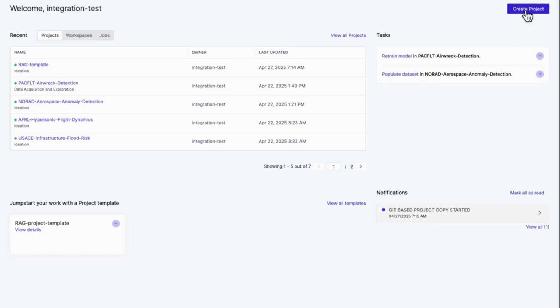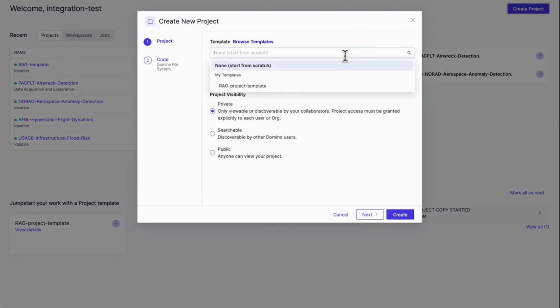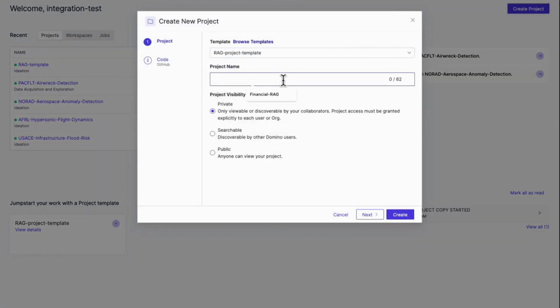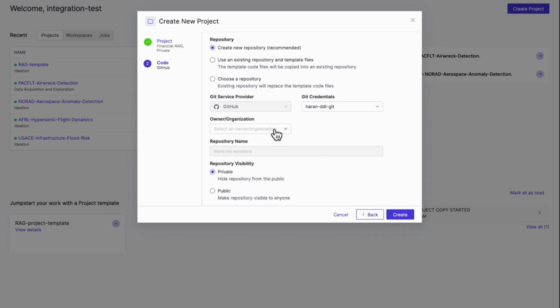Since our enterprise has RAG experience, we start off from a template in Domino. Think of it as a blueprint, packed with pre-configured components and best practices from our enterprise. This isn't just a blank slate, it's a head start, letting us leverage existing knowledge and accelerate our path to